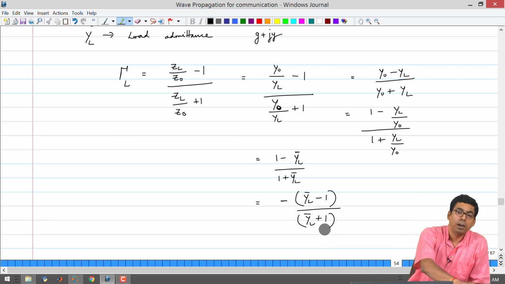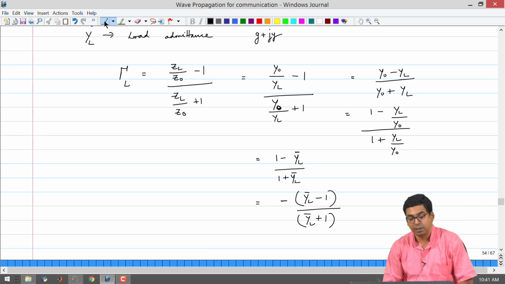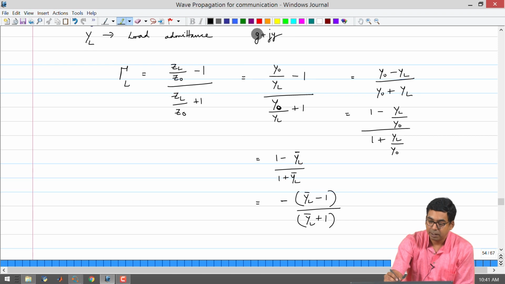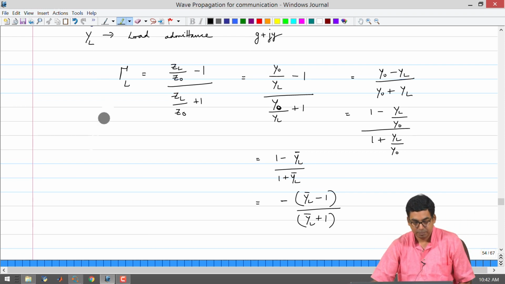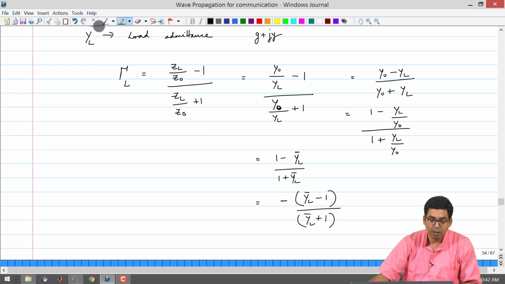Let us write a simple program and try to plot the different possibilities for gamma for different values of real and imaginary parts of YL. Just like the previous program, first we are going to take G to be some fixed value, say 0, 1, 2, etc. For G equal to 0, we are going to sweep Y from some negative value to a positive value and see what happens. Then we will keep Y at some fixed values and vary G and draw these curves. But the formula for calculating gamma will now be the formula that we have created. So, I will go to the program.